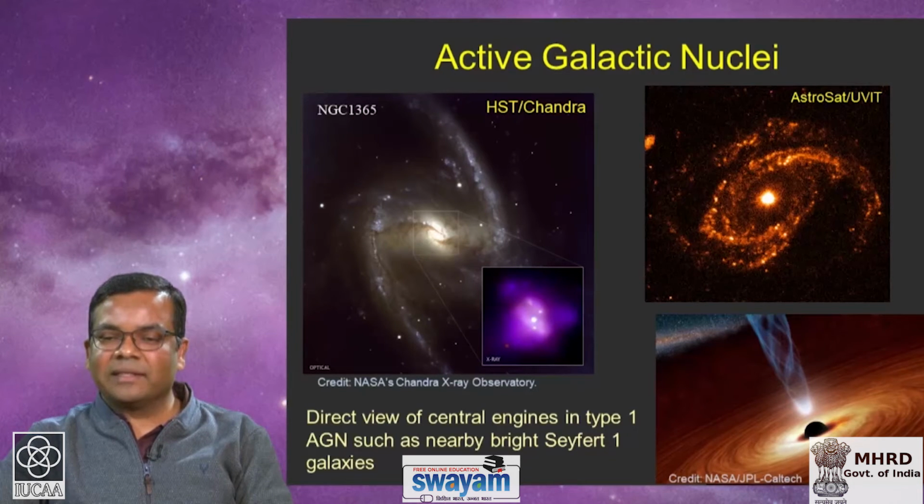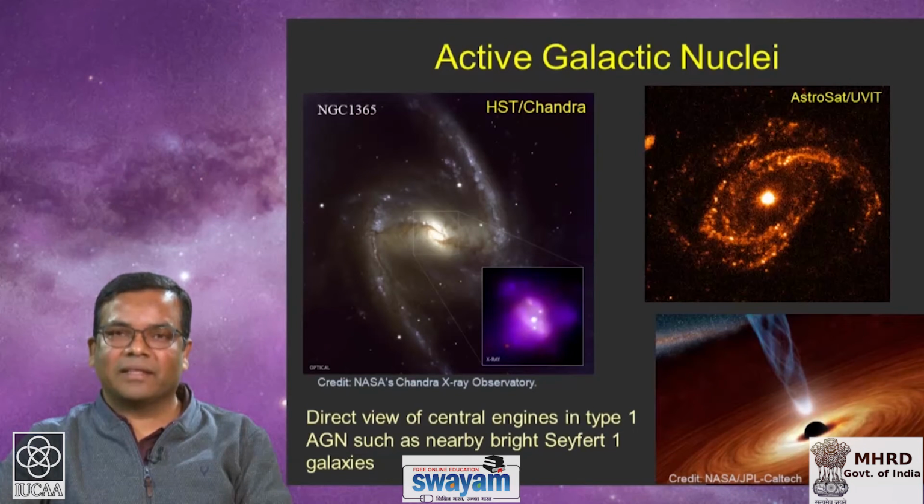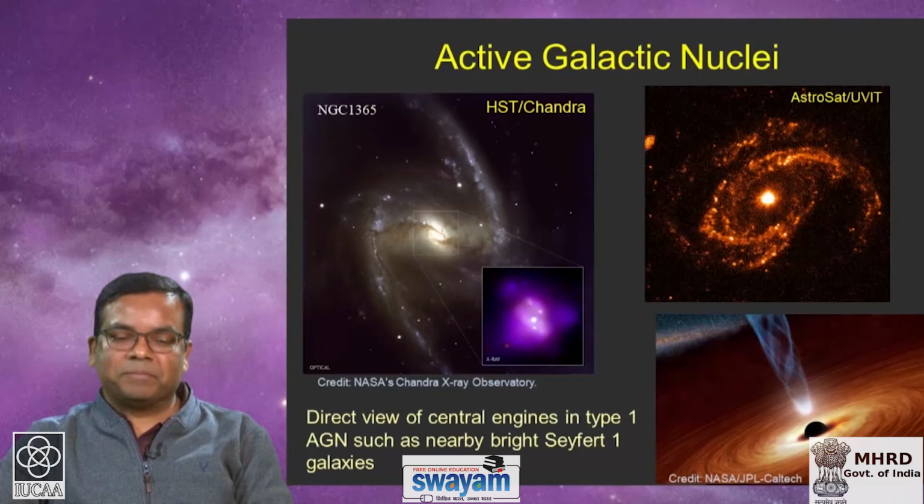In this image, there is another active galaxy, and this image was taken with AstroSat's Ultraviolet Imaging Telescope. Here you clearly see a very bright star-like nucleus. This is a clear signature of the active nucleus in this galaxy. So, what are these? These are essentially